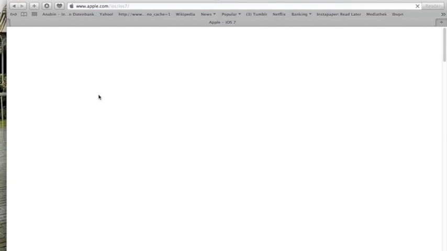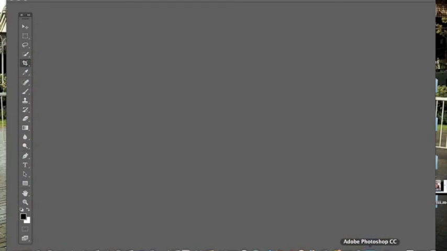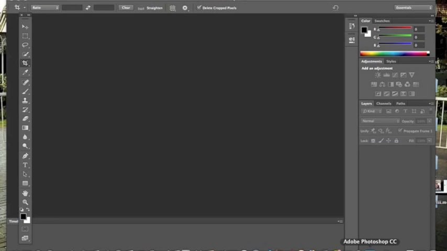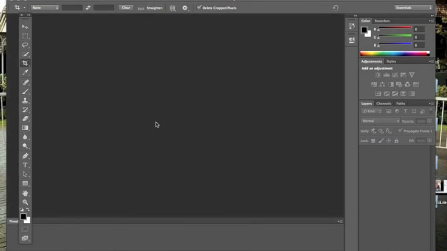Hi guys, today I'm going to be showing you how you can make an animated GIF using Photoshop. So to start off, I'm just going to open up Photoshop. I use Photoshop CC, so Photoshop Creative Cloud. If you have Photoshop CS6, which I'm guessing most of you probably will have, then you don't have to worry because CC and CS6 are exactly the same for GIF making at least. There's basically no difference. So, to start off, I'm just going to click on File, Import Video Frames to Layers,